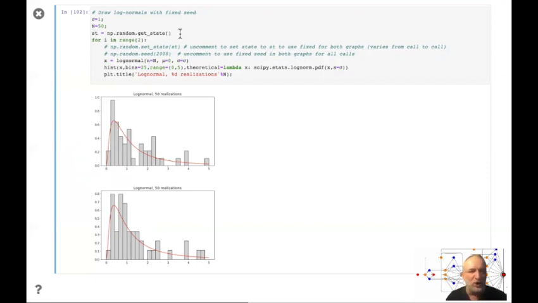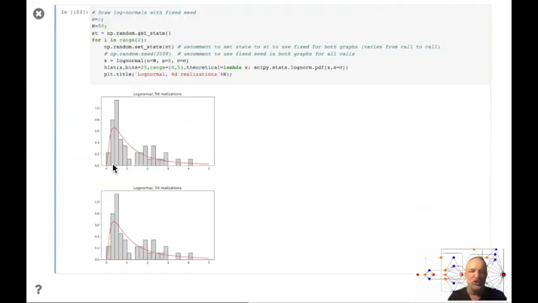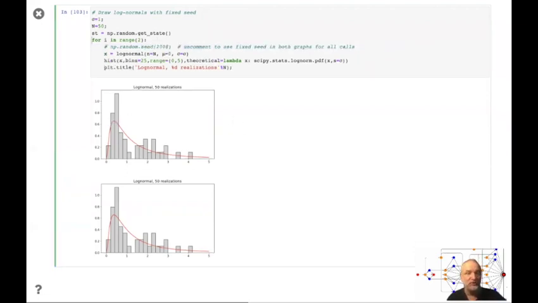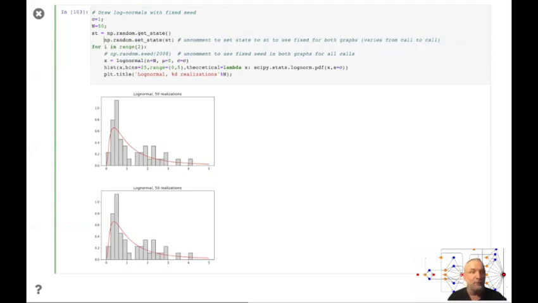But there's a way out. What you can do is get the state of the random number generator and save it inside a variable. That is fixed. It's going to be a new state every time you call the program, but you can then fix the state within the loop simply by uncommenting this line here. That sets the state of the random number generator to be the same every time the loop is executed, and all of a sudden you see these pictures are the same, right? So of course it matters where you do that. You could also have just moved this outside the loop, and then it would not only be